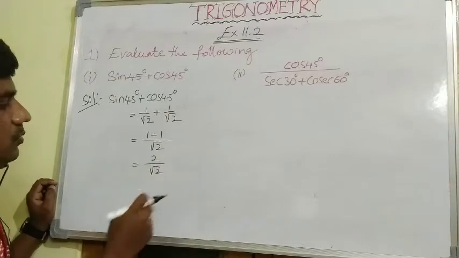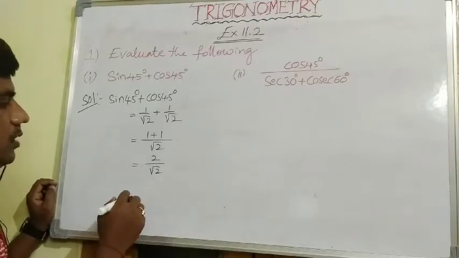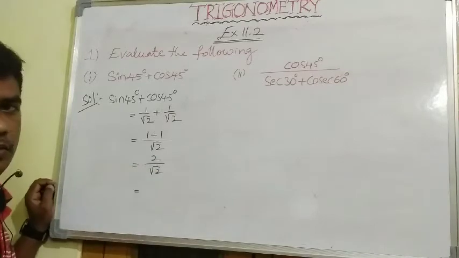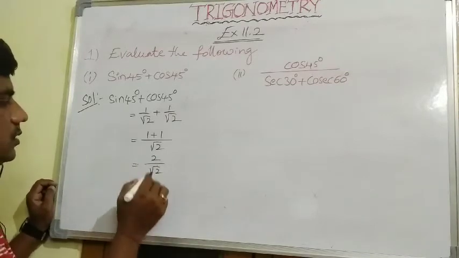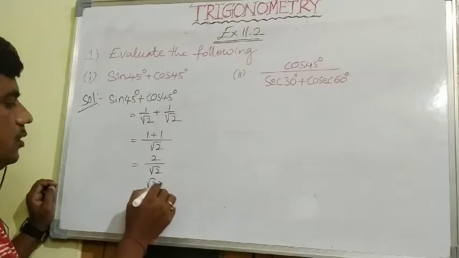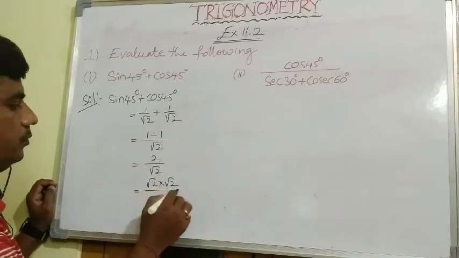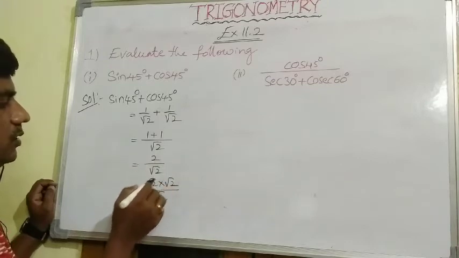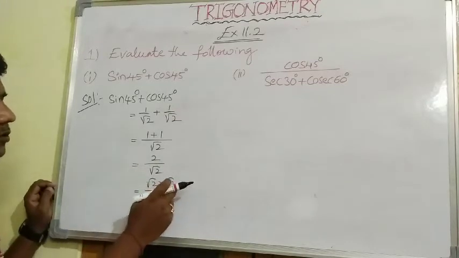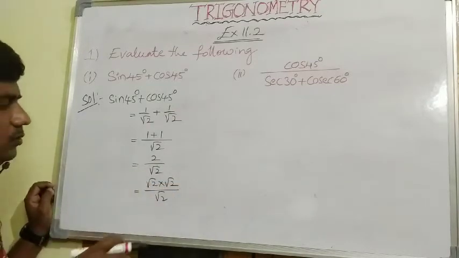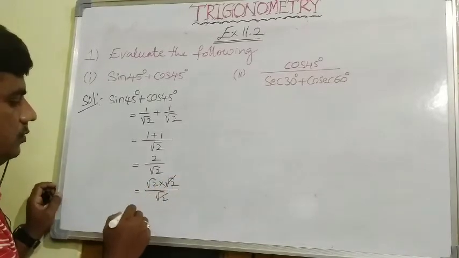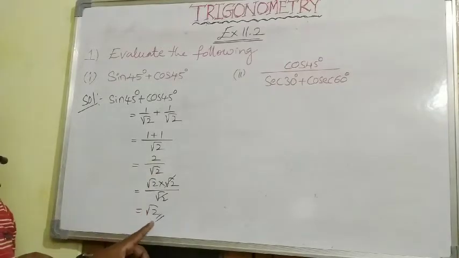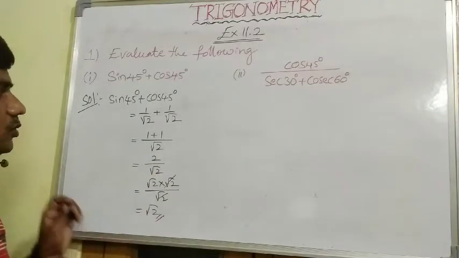So that's why we have to rationalize the denominator. Sorry, an irrational number is there in the denominator. We have to rationalize. So for this, see this root 2 we can write as root 2 into root 2 by root 2. Root 2 into root 2, whole square root cancel, 2 we will get. Otherwise root 2 into root 2 is root 4, square root of 4 value 2. So 1 root 2 gets cancelled. So the answer is root 2. So sin 45 plus cos 45 value is root 2.